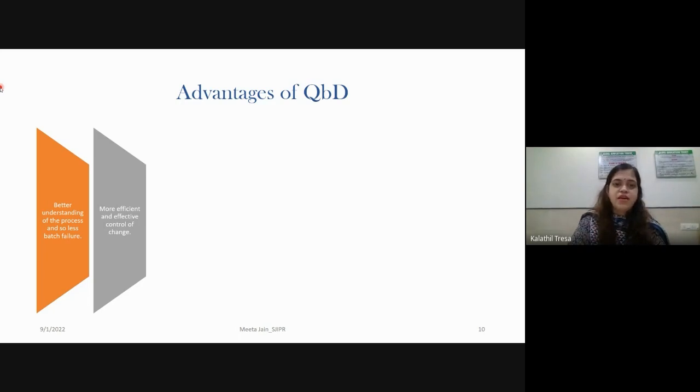So there is a design space which is developed, which I'll take you through how you develop. If you are forced to change something in your formulation, like material or process, due to some unavoidable circumstances, you can move in that space. So there is more efficient and effective control of change.